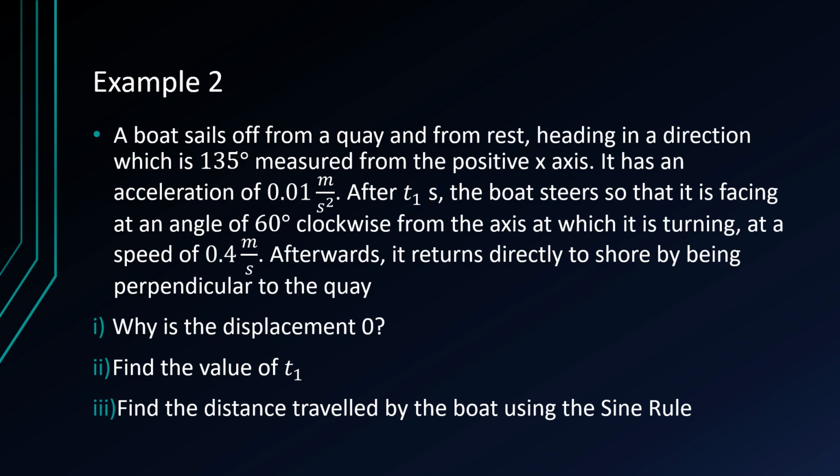After t1 seconds, the boat steers so it's facing an angle of 60 degrees clockwise from the angle at which it is turning, with the axis at which it is turning, at a speed of 0.4 meters per second. Afterwards, it returns directly to shore by being perpendicular to the quay. So y is the displacement 0, find the value of t1, and find the distance travelled by the boat using